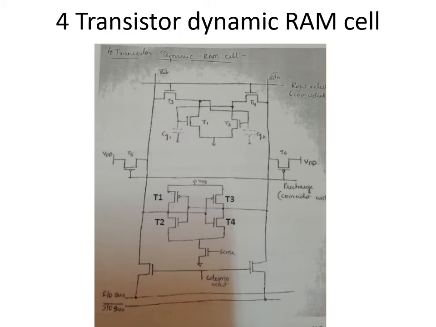it is 1. The buses are already pre-charged. Even for the reading case, the buses should be pre-charged to logic 1. So through 1 we get 1 through the IO bus. So what happens through the other bus, let us see. Here logic 0 will be stored. So T4 passes logic 0, and through the IO bus logic 0 is obtained. This is how data is stored or data is retrieved.